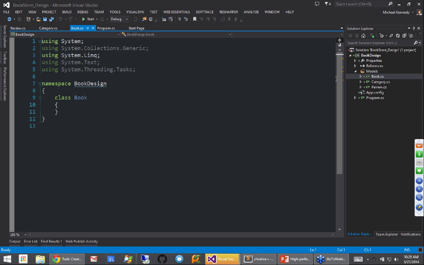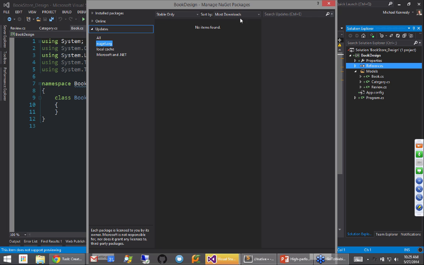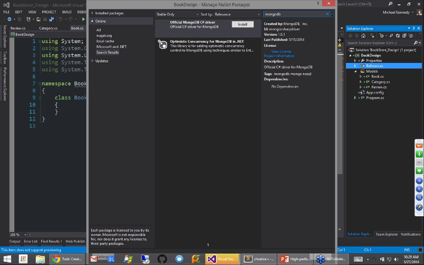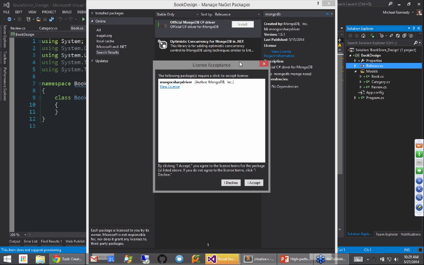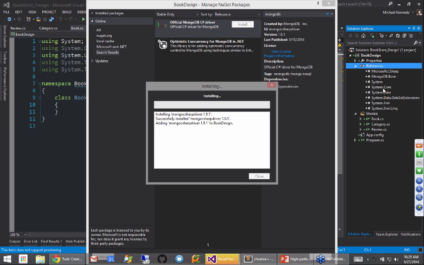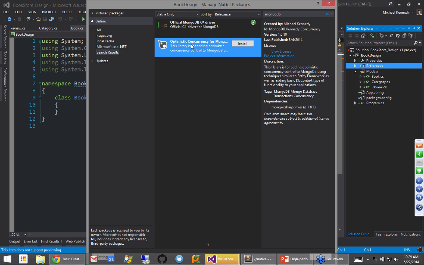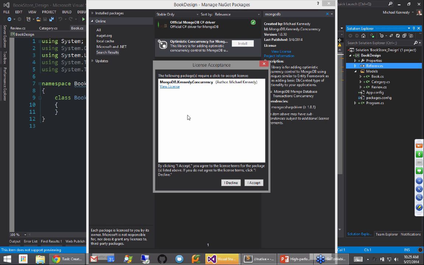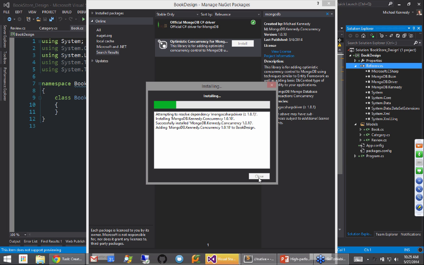Okay, so now if we're going to work with MongoDB, we're going to need not a reference, but a NuGet reference. I could add a reference, I have it on my machine, but NuGet's better. So if we go over here, online, let's go to local cache so it's fast. Like MongoDB. Let's install that. So this will add the references we need to talk to MongoDB. And then to simplify accessing the database, let's use this other library that I have on GitHub and on NuGet as well.